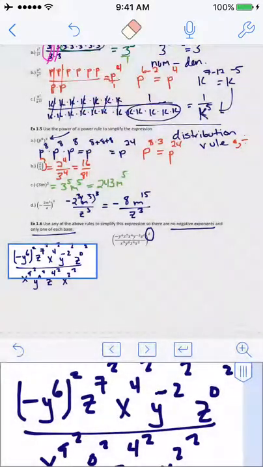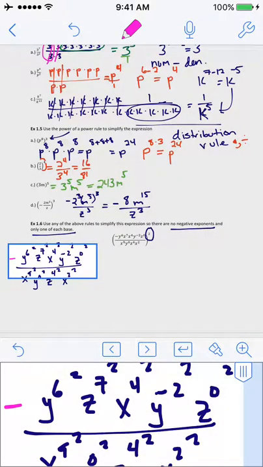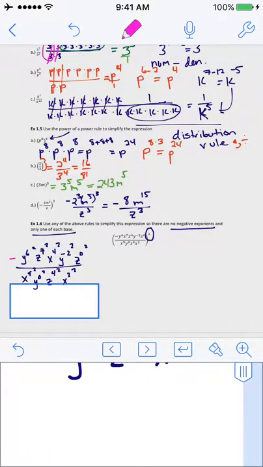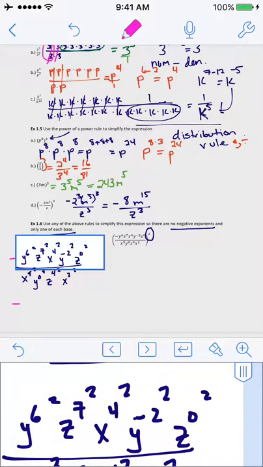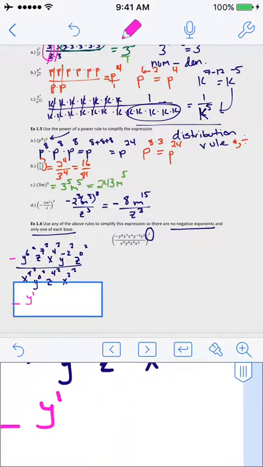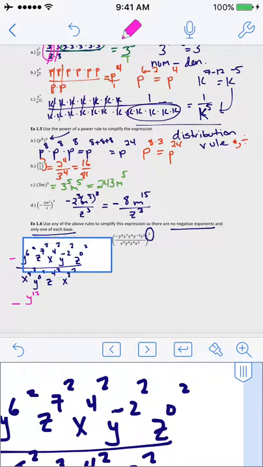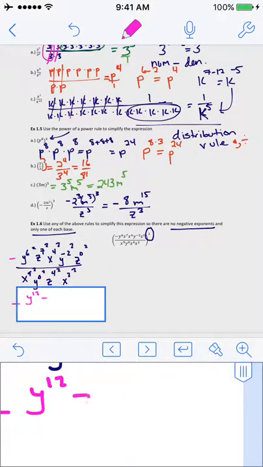I shouldn't have drawn parentheses around that. The negative should have just been on the outside. Okay, so here we've got negative y to the 6th to the 2nd is going to end up being y to the 12th, right? Y to the 12th. Here we've got z to the 14th,